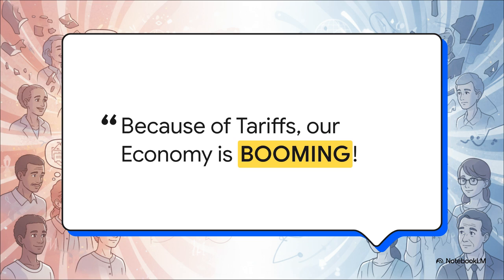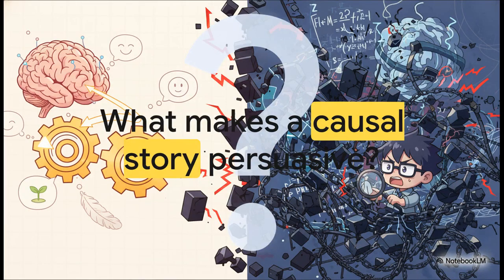Whether it's a politician making an economic claim or a brand pushing a product, these are all attempts at what we call causal persuasion. They are handing us a subjective model, basically a highly curated, specific version of reality that ties different variables together in a way that just makes sense to us. But how do these persuaders actually get us to buy into their specific version of cause and effect? Well, we are going to anchor today's explainer around a massive, central mystery.